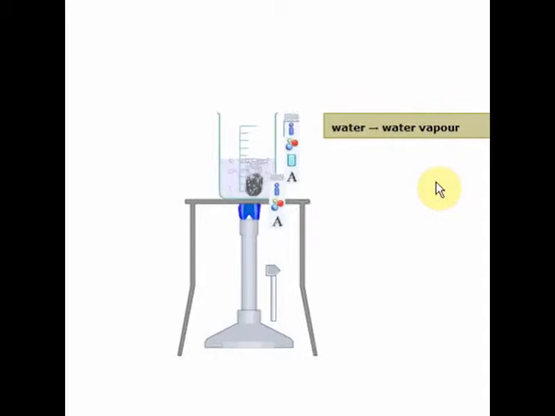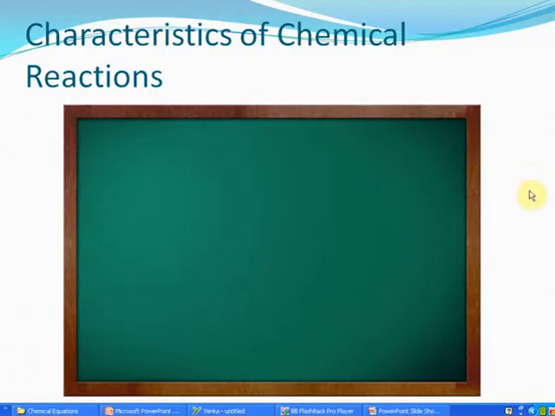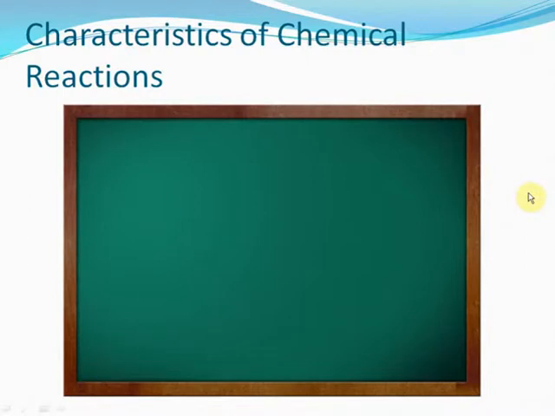As you can see in both these cases, in the case of burning of magnesium and in the case of evolution of gas of zinc with sulfuric acid, there are two substances and these two substances are reacting to form a completely new substance. Understood? Here are the hydrogen bubbles. So as you just saw, a chemical reaction simply represents the combination of two or more substances to produce absolutely new substances after the reaction.